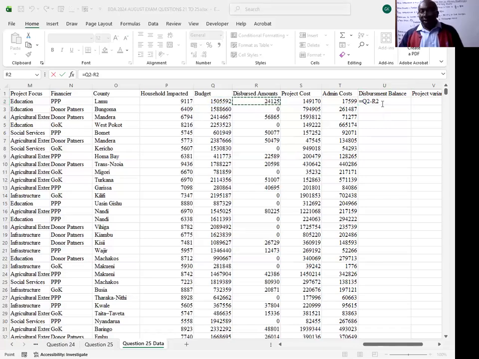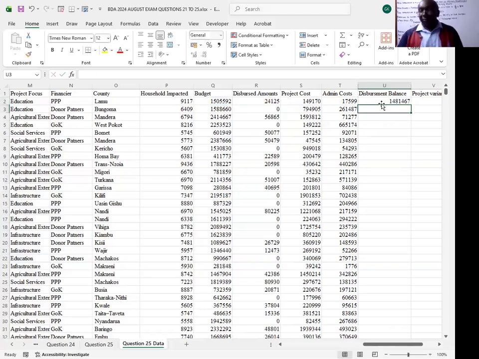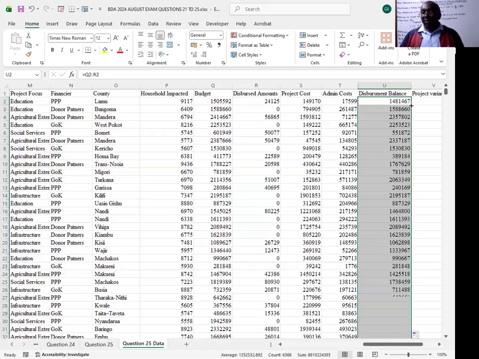Yeah, I can see we are getting 148. So this amount, you again autofill. It fills down to the end. When you autofill,